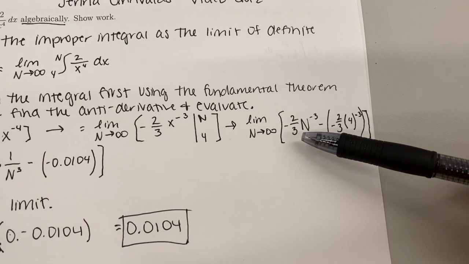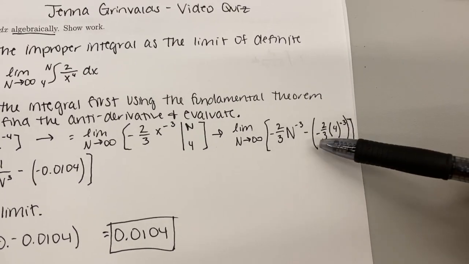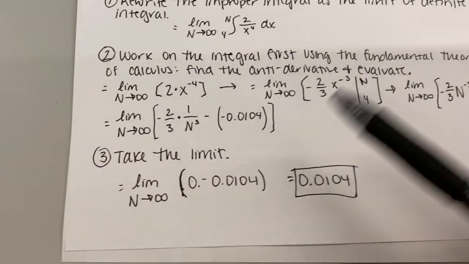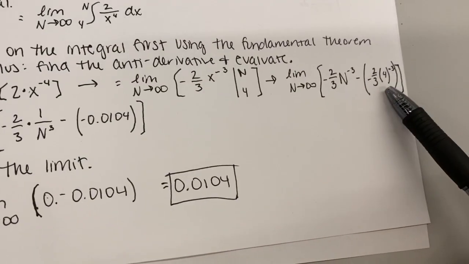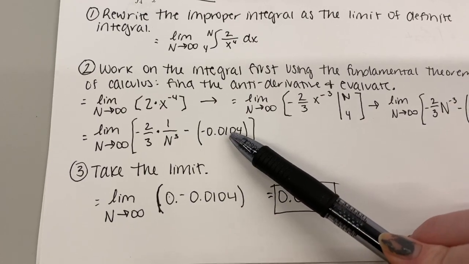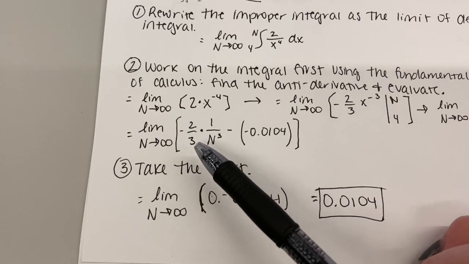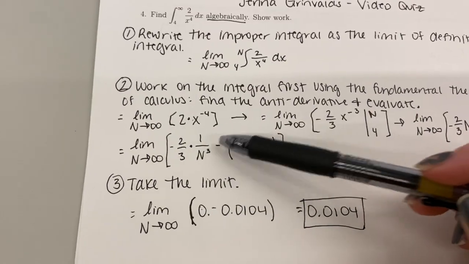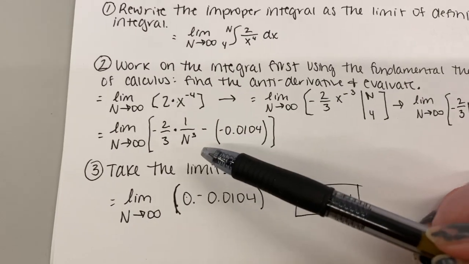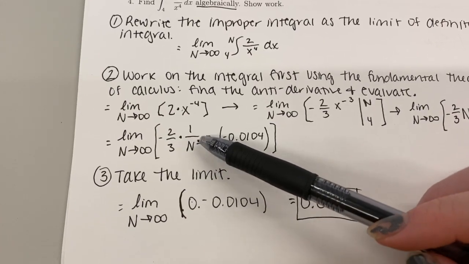So here we have negative 2/3 times n to the negative 3 minus negative 2/3 times 4 to the negative 3. And then here I just put this in my calculator and got negative 0.0104. And then n to the negative 3 is the same as 1 over n to the 3rd. So if you multiply those together,